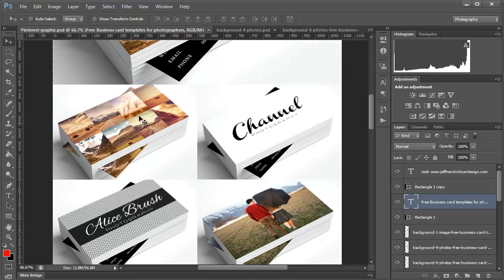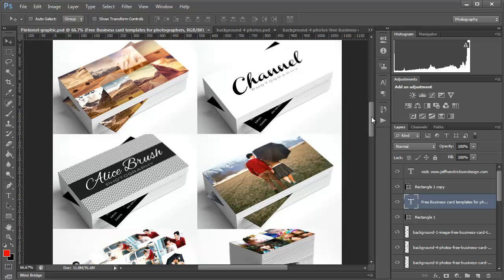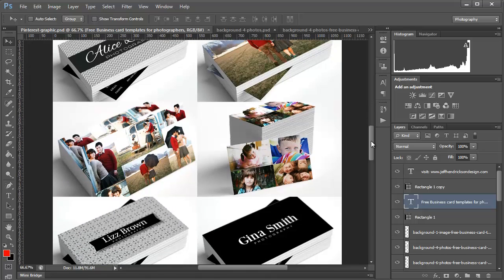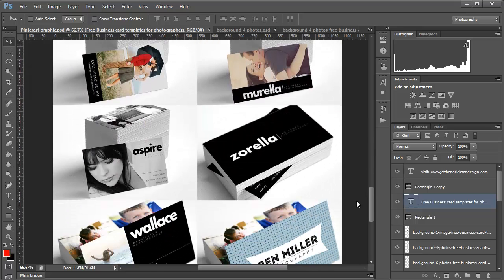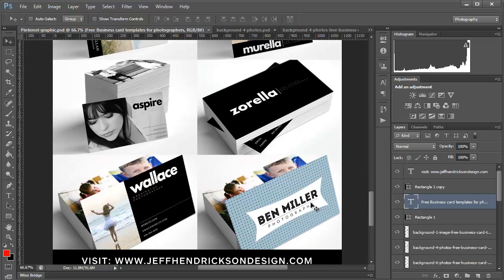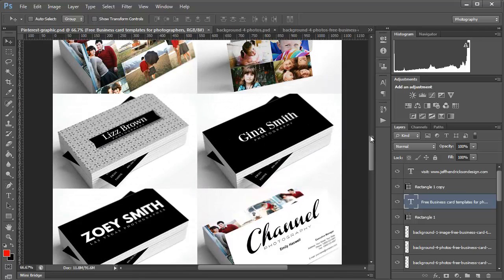So you can see I have included backs that have 8 images, full image, some that are 6 images, 4 images, and then some that are fronts that you can choose that have the text and information that you need